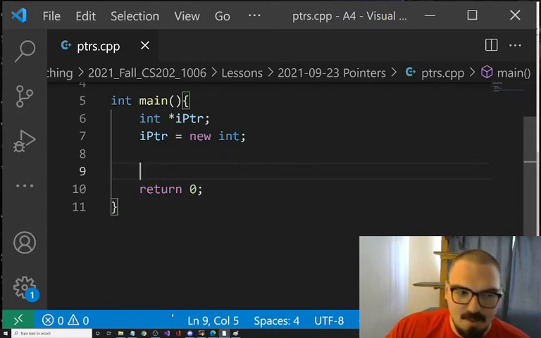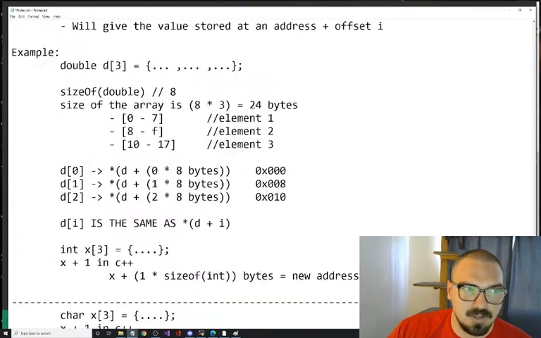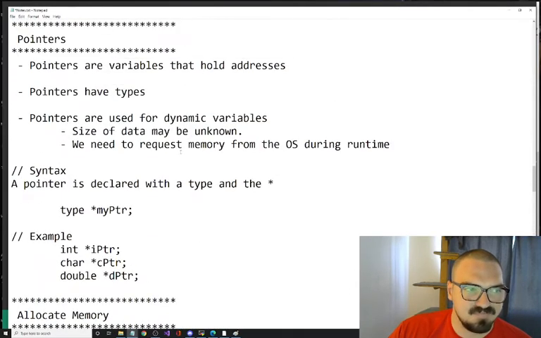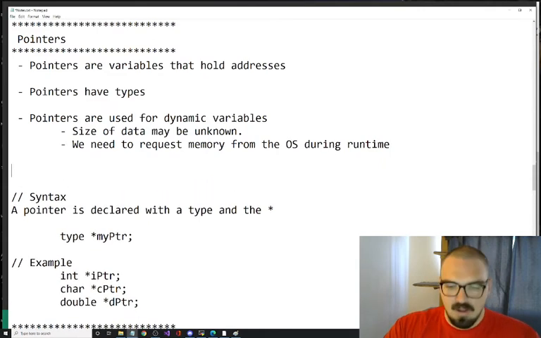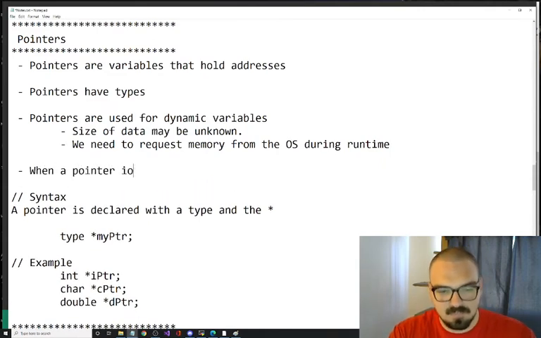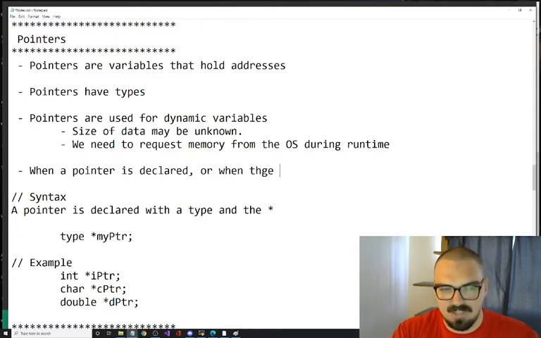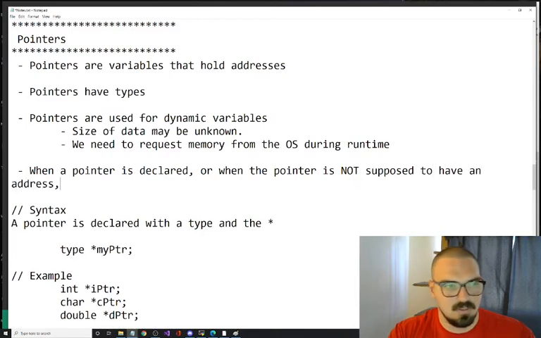Now, before we move any further and I show you some crazy stuff, I'm going to say this because it's very important. When a pointer is declared, or when the pointer is not supposed to be holding an address, put null pointer inside of it.